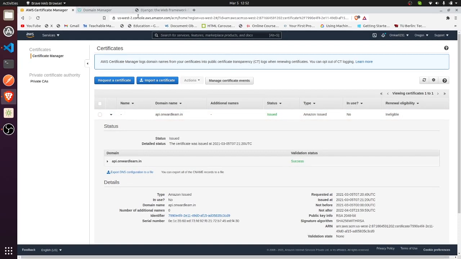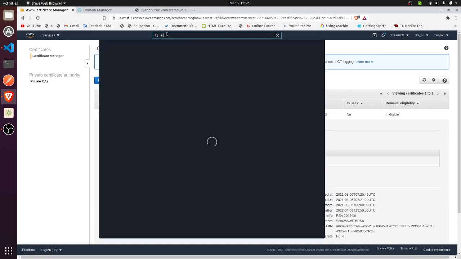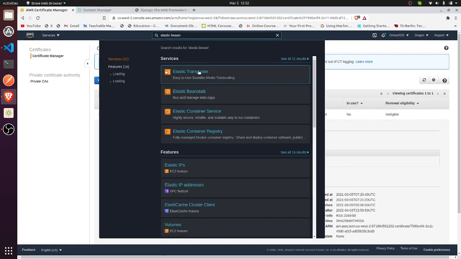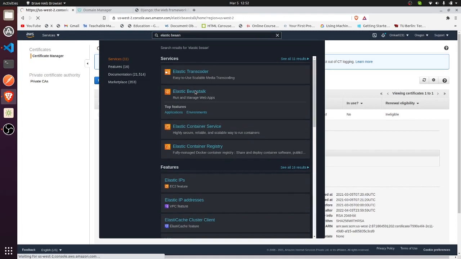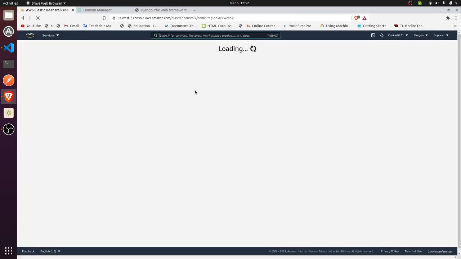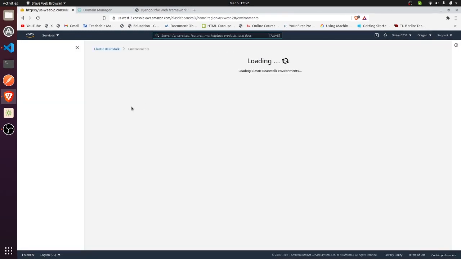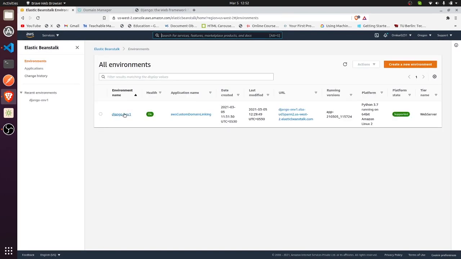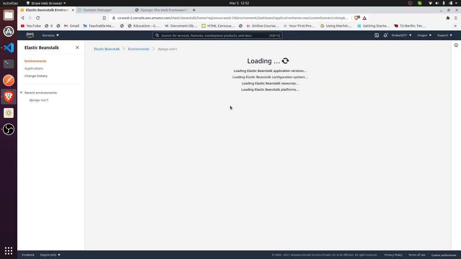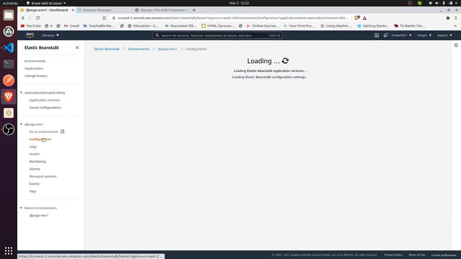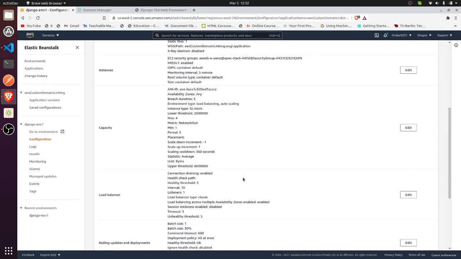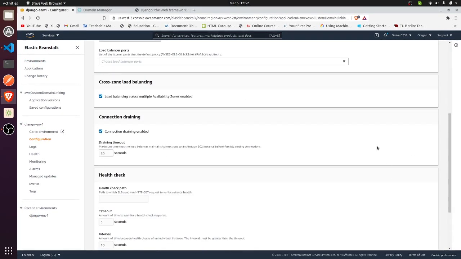So now I will go to Elastic Beanstalk. Go to our environment, and click on configurations. Go to the load balancer.